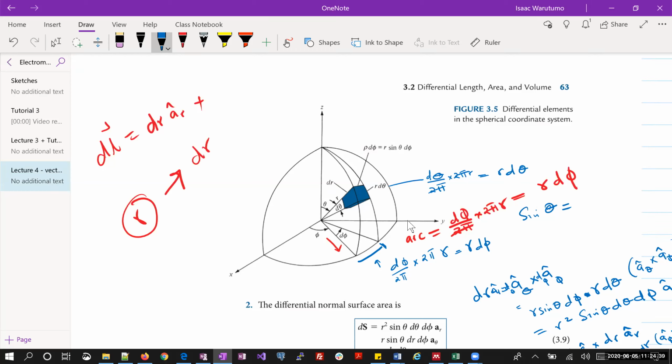We can say that the distance between two longitudes at the equator is actually bigger than at some latitude towards probably 30 degrees or 60 degrees towards 90. So remember that we are measuring this angle from Z. So when theta is equal to 90,